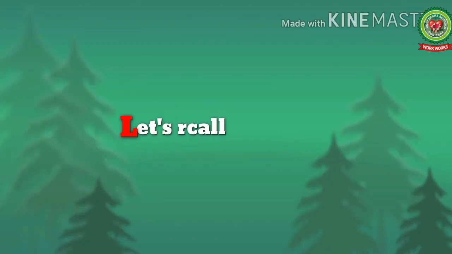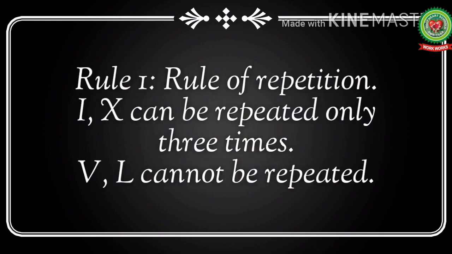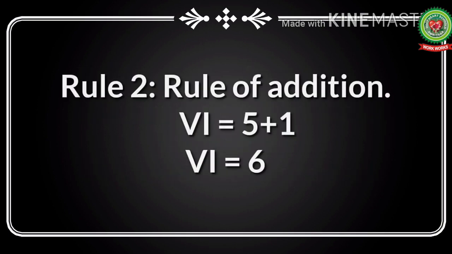So kids, let's recall what we have learned today. First we have learned the rules of Roman numbers. The first rule is the rule of repetition. That is, I and X can be repeated only 3 times, whereas V and L cannot be repeated. Next rule is